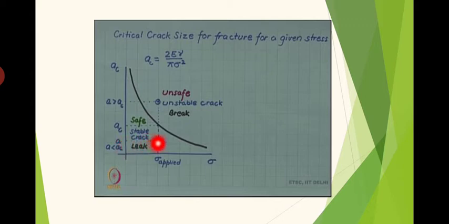Okay. If for the same applied stress, consider a crack size bigger than that of AC. See, this is that point. A greater than AC. This A is less than AC. AC is this point. See, this is the, for a